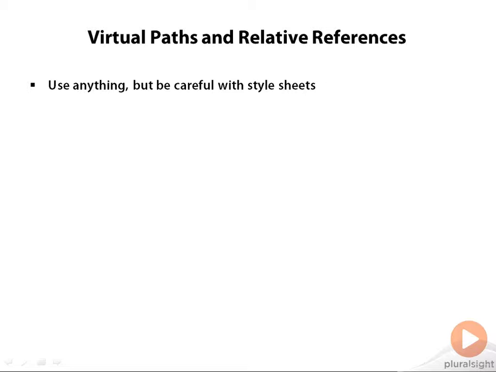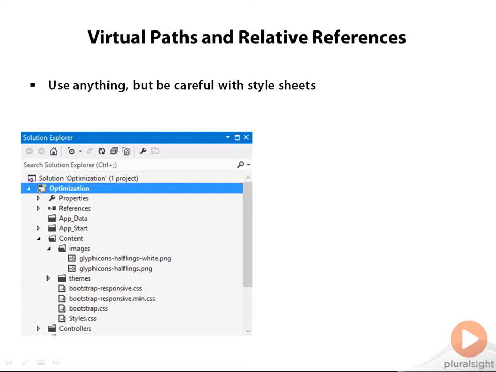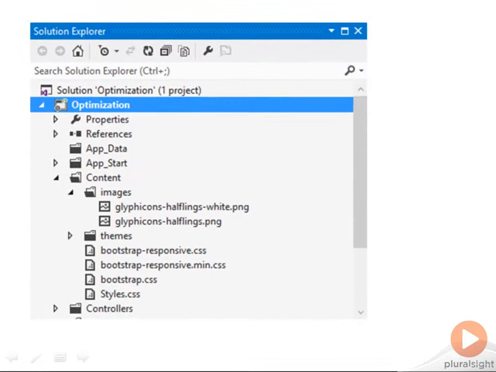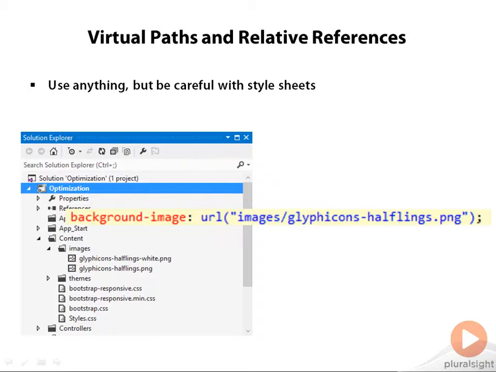with the bundled resources. So everything in my example is going to work, but I could run into problems if I was using some specific styles inside of Bootstrap. Because inside of bootstrap.css, in addition to layout, there are also styles that you can use that will give you little icons for alerts and icons to place on buttons. Those icons are stored in an images directory that is underneath the style sheet. And if you look in Bootstrap, you'll see that the style sheet references those files using a relative URL, relative